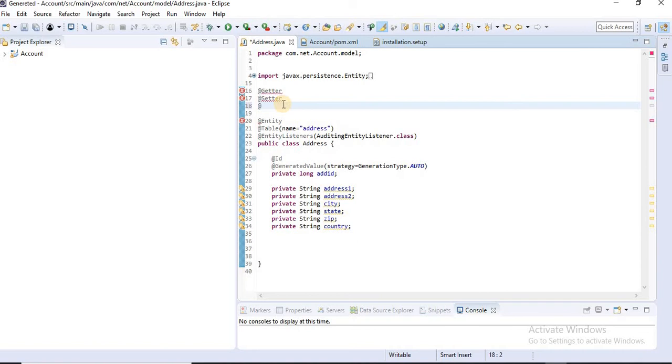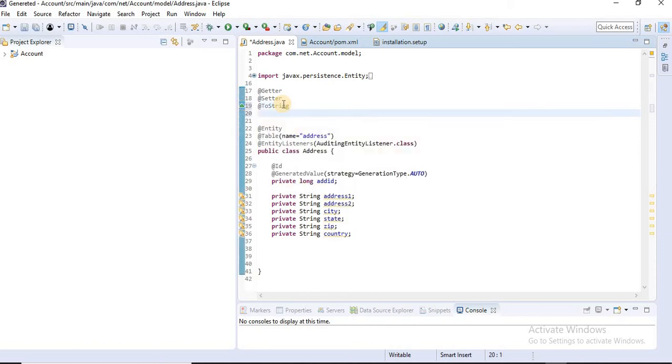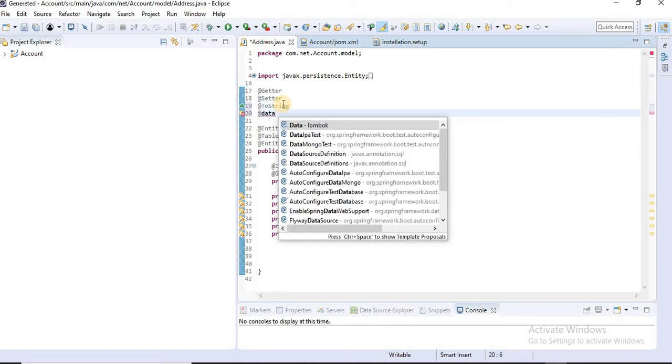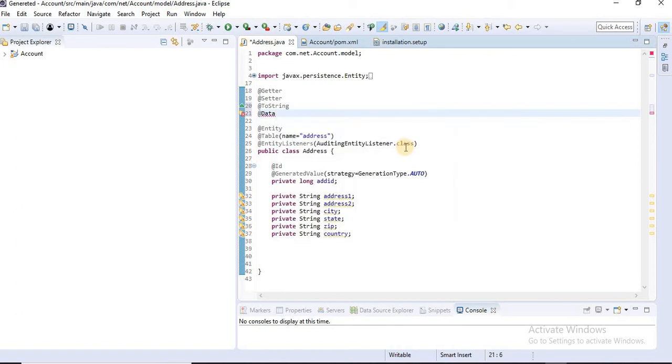At the rate toString, we add the toString. Then we also have @Data. If we add @Data, then we don't need a getter and setter, because @Data is equivalent to getter and setter. That's why we add @Data also. You can see all the warnings are gone. That means our getter and setter are working perfectly.